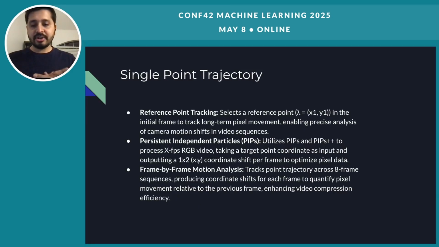So for a single point trajectory, what we basically do is we try to find an arbitrary point in a video in the starting first frame. And from there, we try to basically track that point from one frame to another frame. And this is where we are using a deep learning computer vision approach. We're using a concept called persistent independent particles, which is called PIPs. It's a research paper written by other researchers. And we made use of that over here and optimized that PIPs concept in a way. And we are trying to achieve the video compression over here. And that's our approach basically.